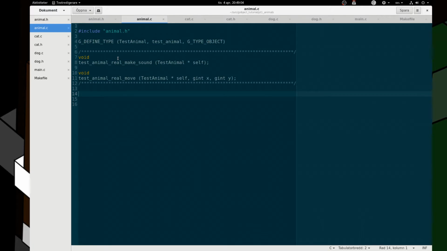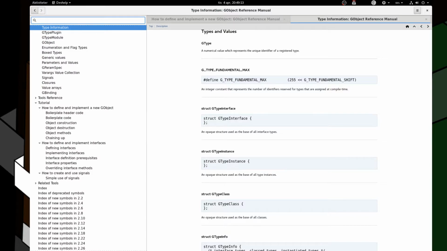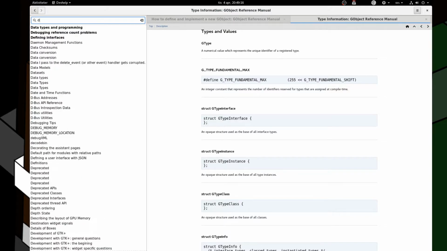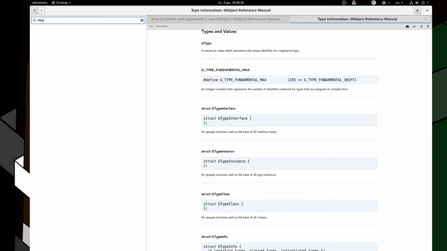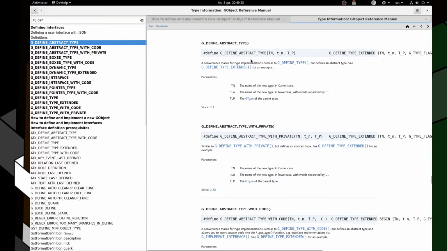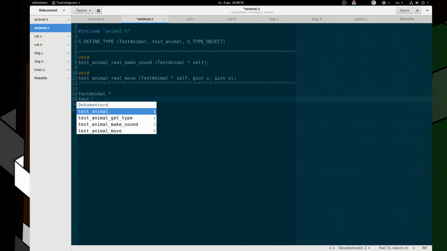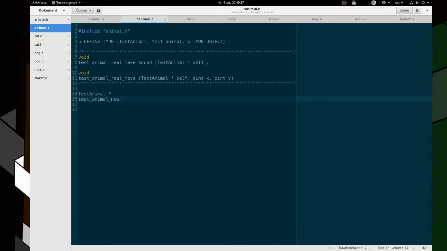This is really a strange way of doing this. There's actually a better way, but I just want to show you how to create a class. And then you can use define abstract type instead of define derivable type. But it's basically the same. So test animal new,